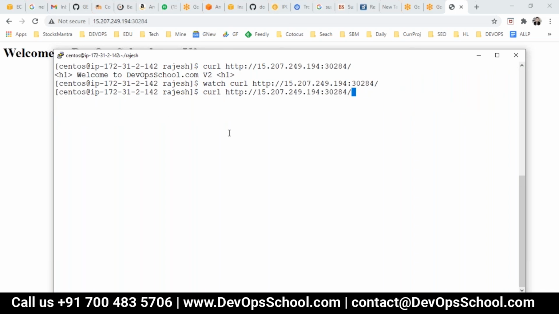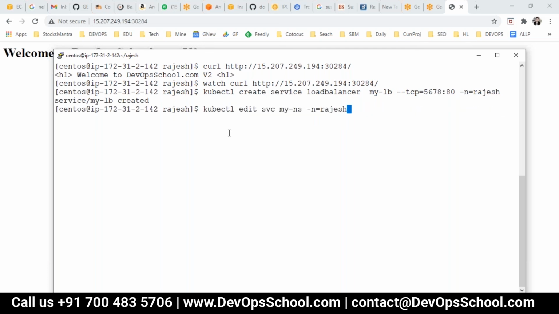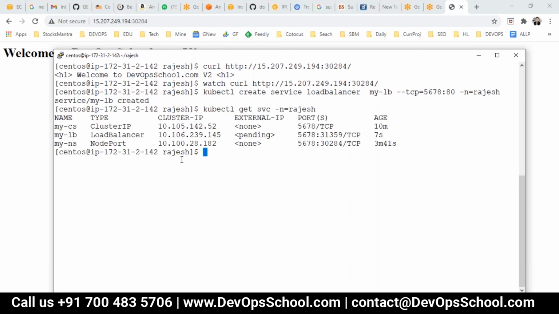Now the same thing you can do with the load balancer also. So here you set the type to load balancer, and you create it, but this will be pending. Look at this load balancer.